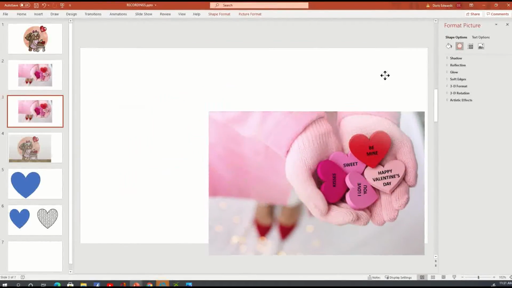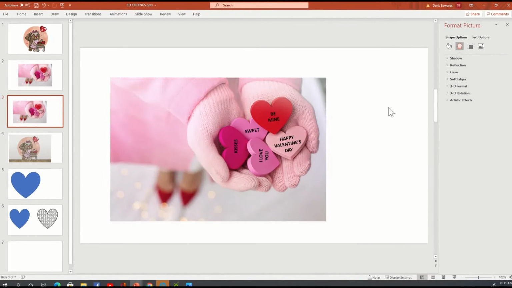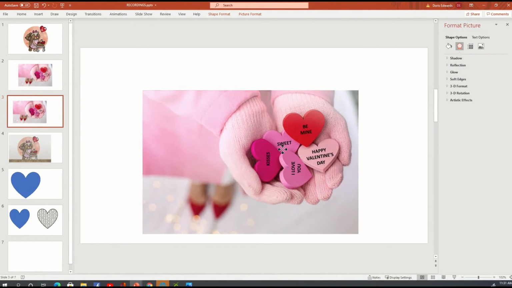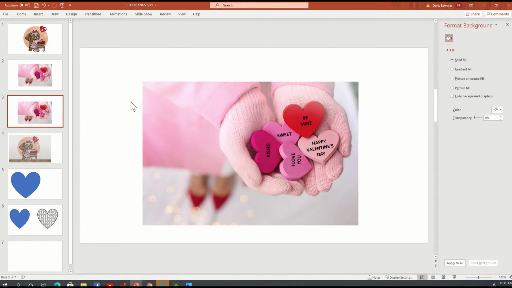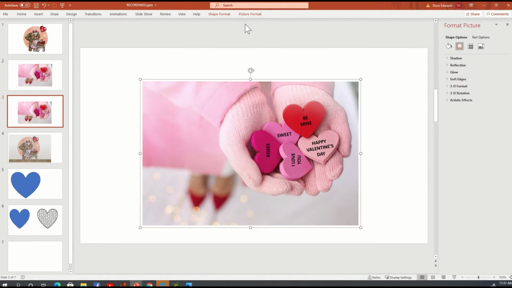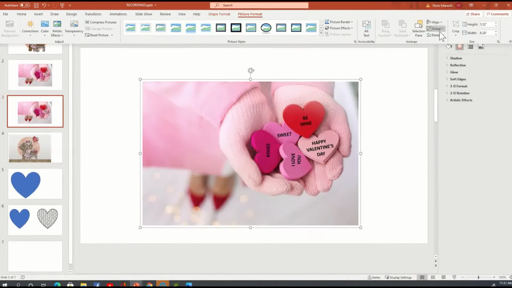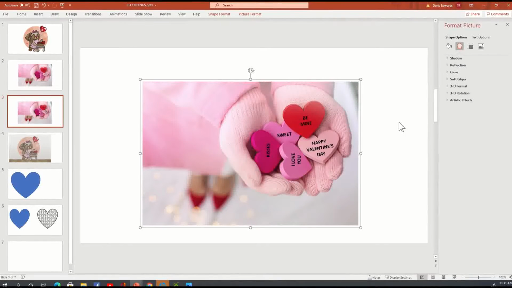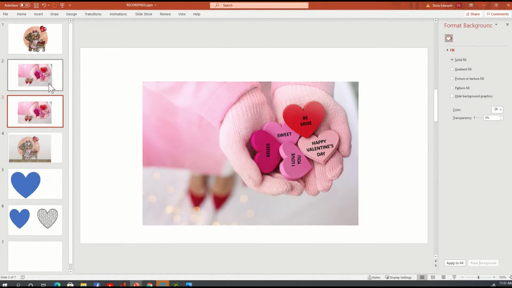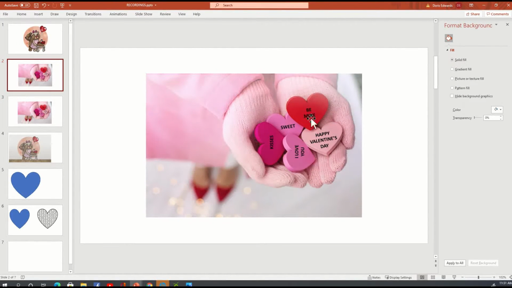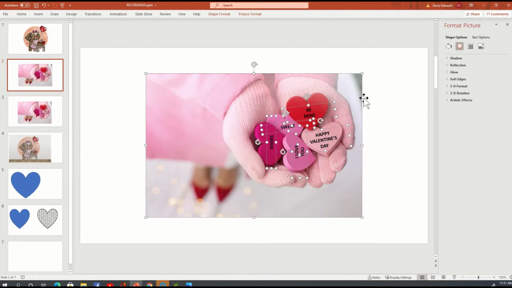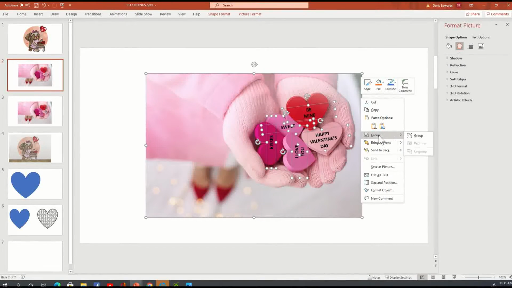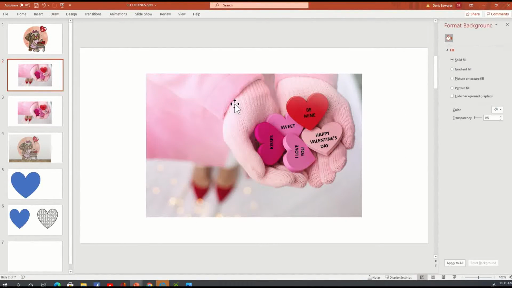And I'm going to click on it and go to picture format and crop. And let's see. Hold on one second. I think, okay, I did it on this one. I didn't do it on this one. So I'm going to go ahead and do the same thing, highlight everything, group it. Okay. All right, so you can keep it this way, or if you want to add a background, you can